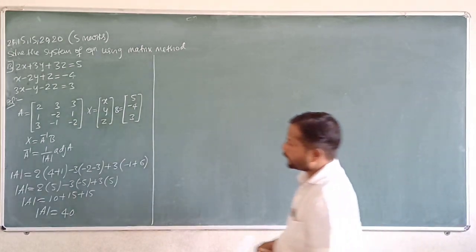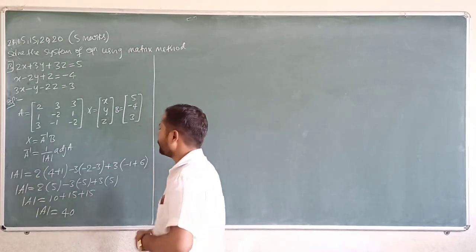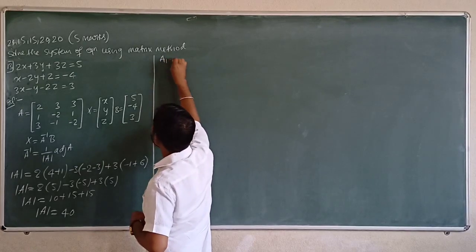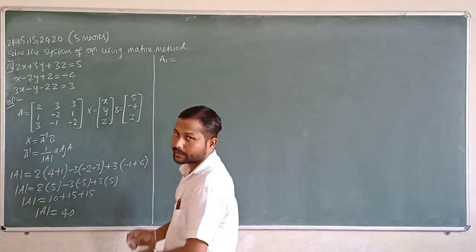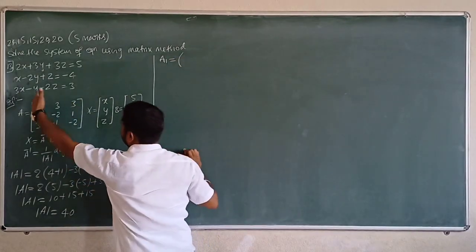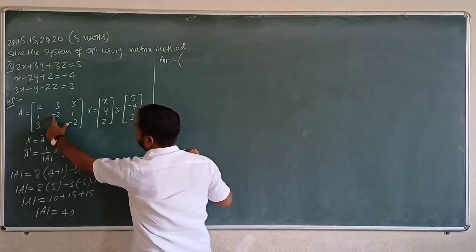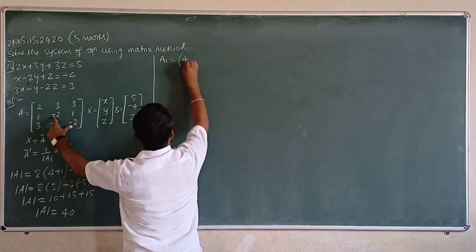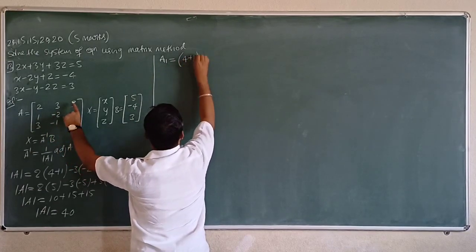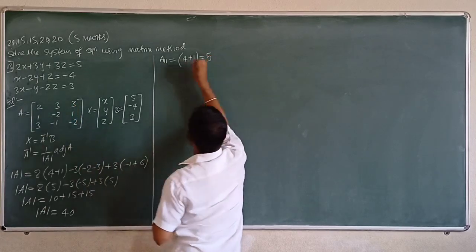Right, first find the cofactors. Take A11: is it positive or negative? Positive, that is plus. Delete first row, first column: minus into minus plus, 2 2s are 4; minus into plus minus, minus into minus plus, 1 1s are 1. 4 plus 1 that is 5.